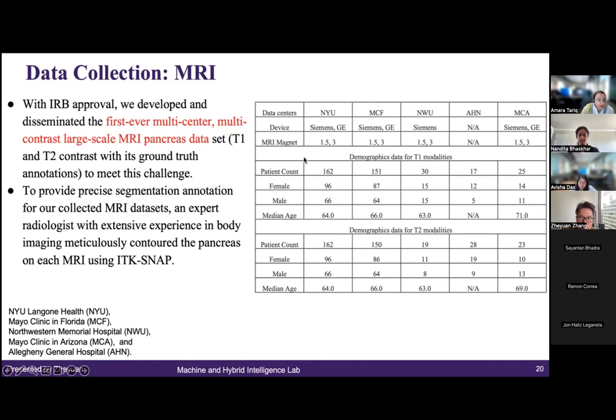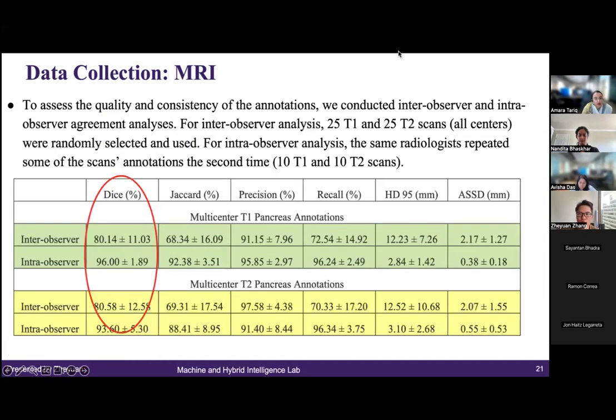When comparing inter-observer disparity, the observers are different. For the inter-observer studies, we artificially selected 25 cases from T1 to T2, and two radiologists were asked to provide annotations on the same cases. So for these specific cases, there will be two masks, but for the whole dataset overall there is one. Okay, thank you very much, that clears it up.